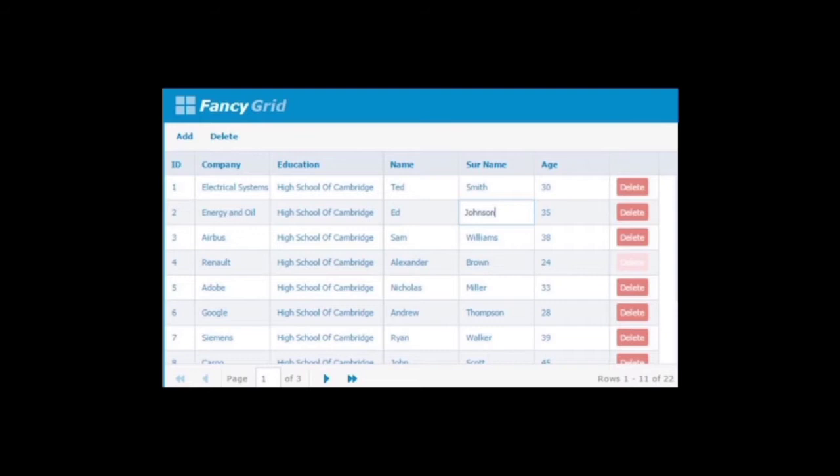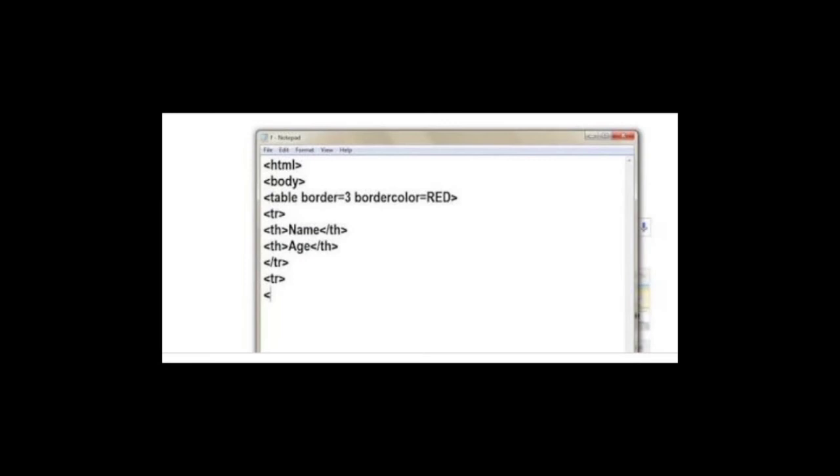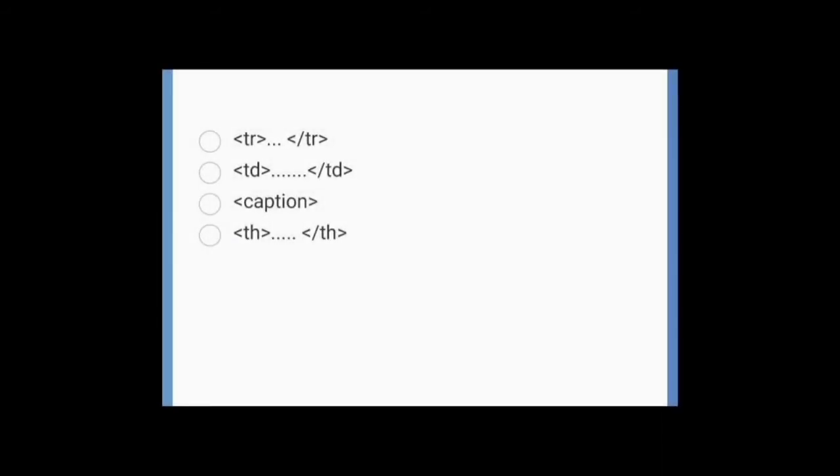So today we will learn how to build HTML tables and how to control the spacing, layout and appearance of the table you create. To make a table, we first give the table tag. Here you can see that we have given HTML body, then we have given the first table tag. Okay, so with the table tag we use the tr tag, td tag, caption and th tag. So first we will learn about the attributes of the table tag.